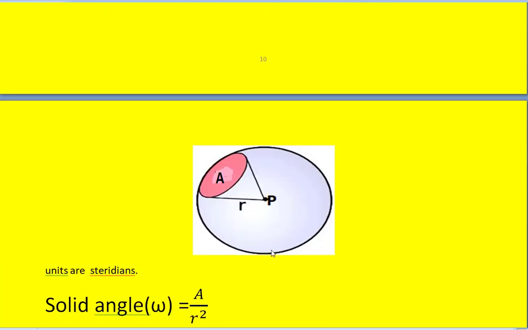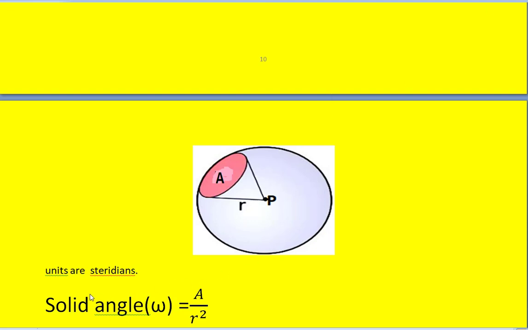So how to find it? So we know here we have an area here. So this is the point at which we want to find the solid angle. So to get it, from the periphery of this surface, draw the lines touching the point P. So this is one line, this is another line. Similarly from here another line, from this another line. Similarly from the back side also we can draw the lines.